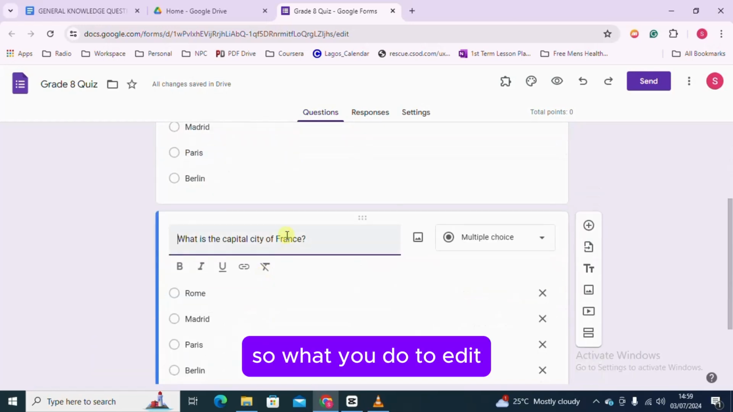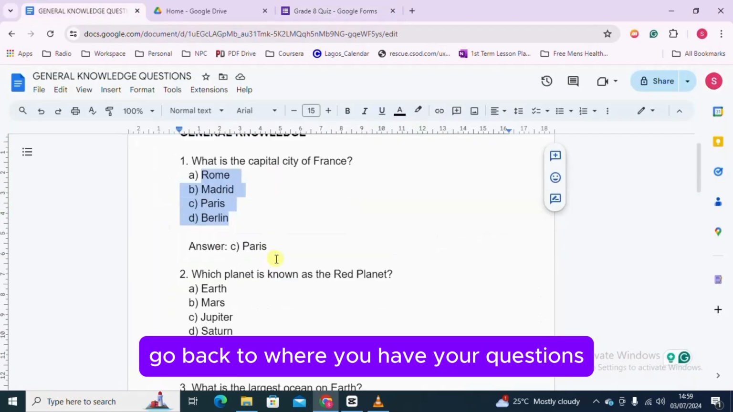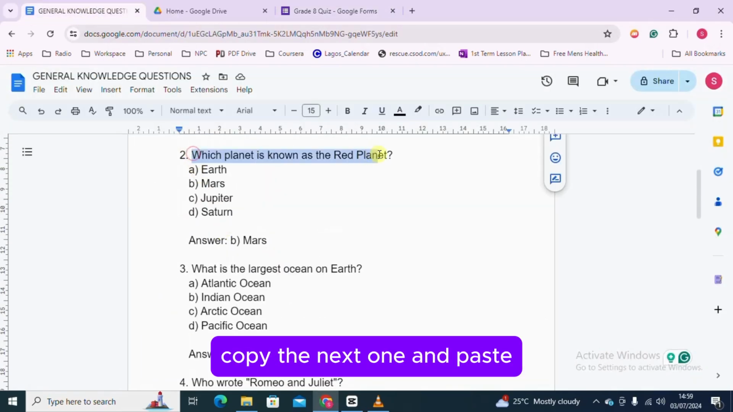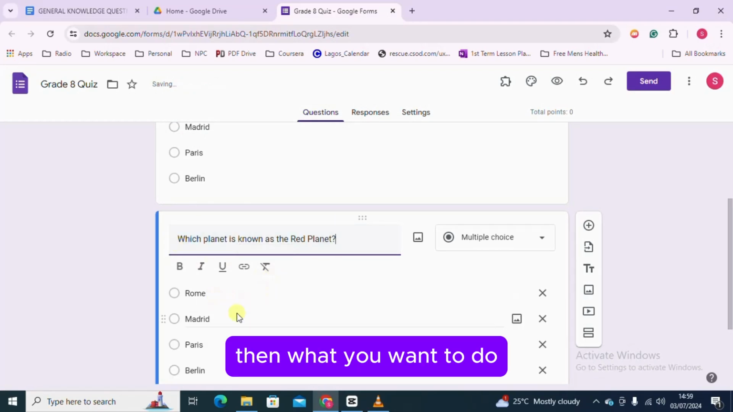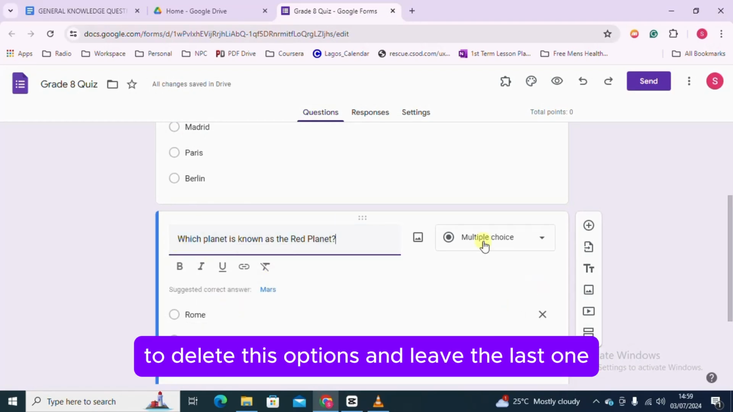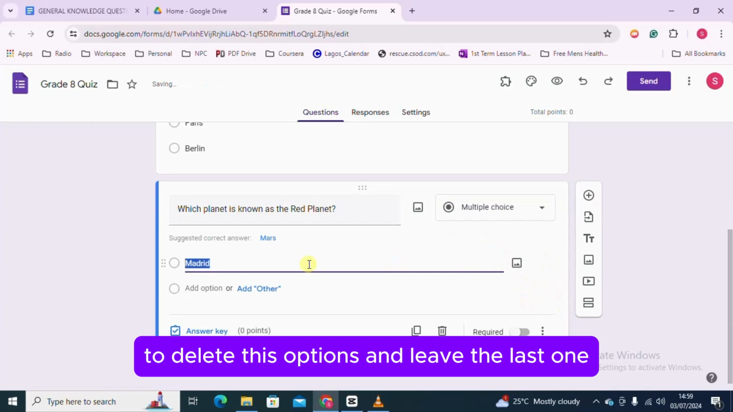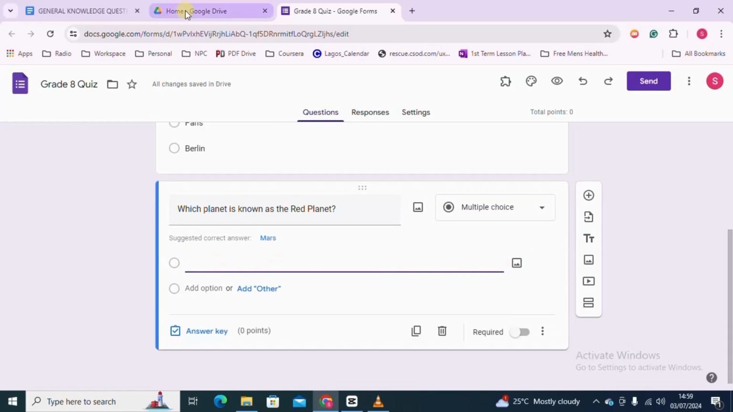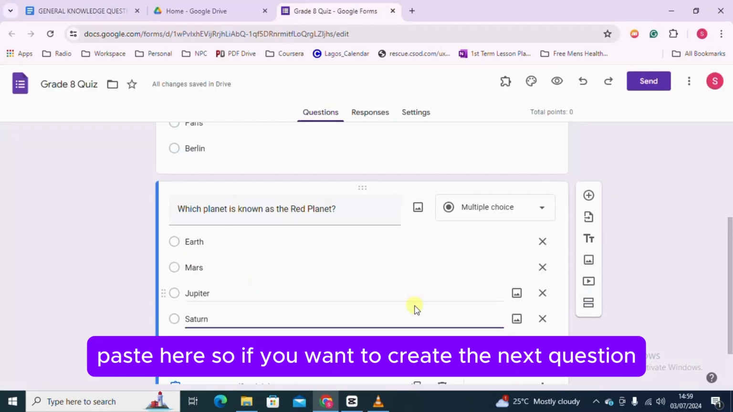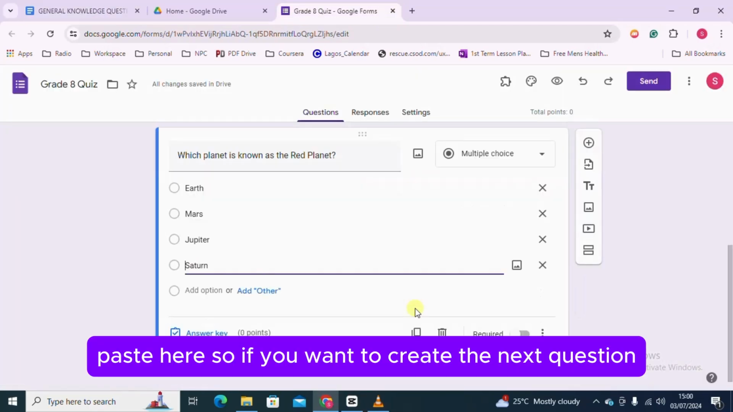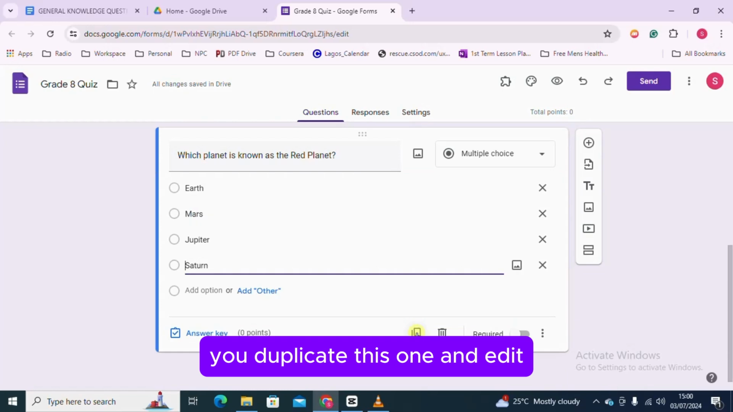So what you do is to edit it. Go back to where you have your questions, copy the next one and paste what you have here with the second question. Then what you want to do is to delete these options and leave the last one. Go back and copy the options for this question and paste here. So if you want to create the next question, you duplicate this one